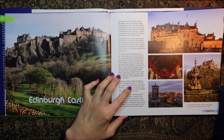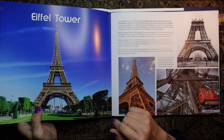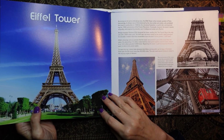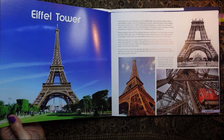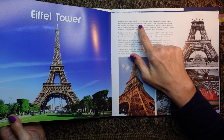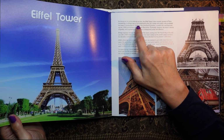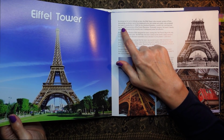So the next one to look at is a hop, skip and a jump across the English Channel to Paris, France and the Eiffel Tower. Here it is. As strong as iron, yet as delicate as lace, the Eiffel Tower is the romantic symbol of Paris. Interestingly, its design was at first disdained by the city's artists and writers, who protested the tower's construction